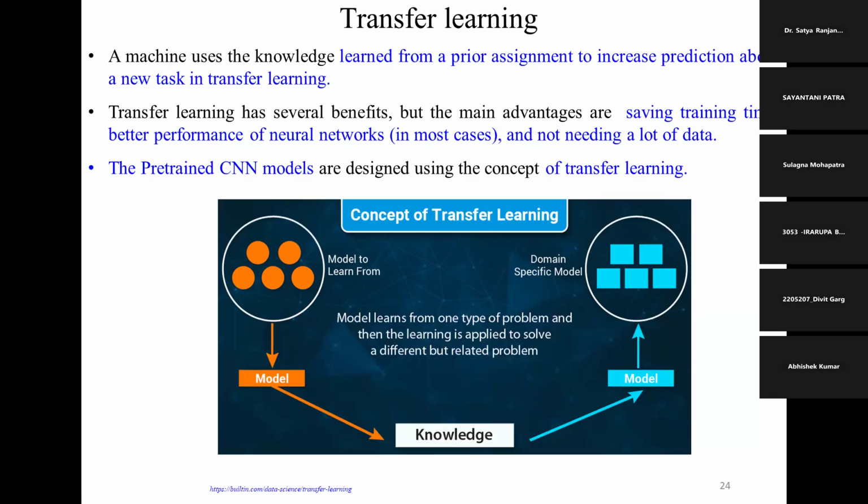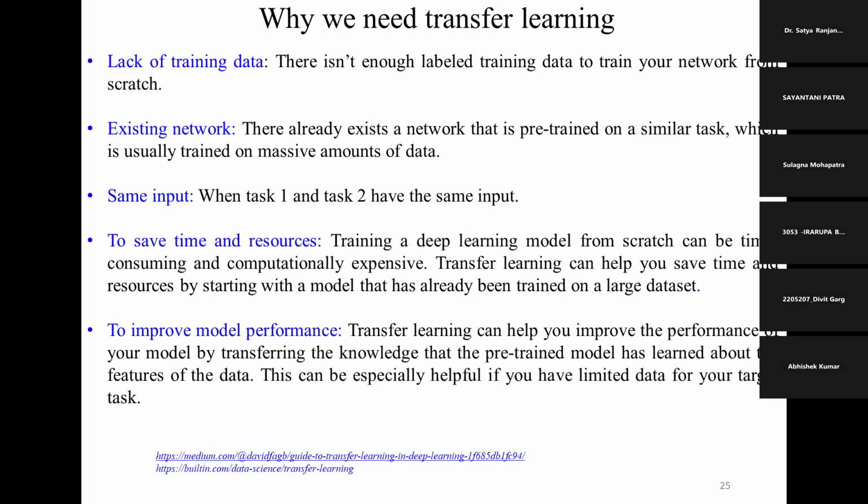If you remember, this morning I said we have one default architecture, one customized CNN model, and one pre-trained CNN model. So this one is our pre-trained CNN model. Someone has already trained the CNN model with some kind of dataset. So why do we need transfer learning, or a pre-trained model, or when to use a pre-trained model?